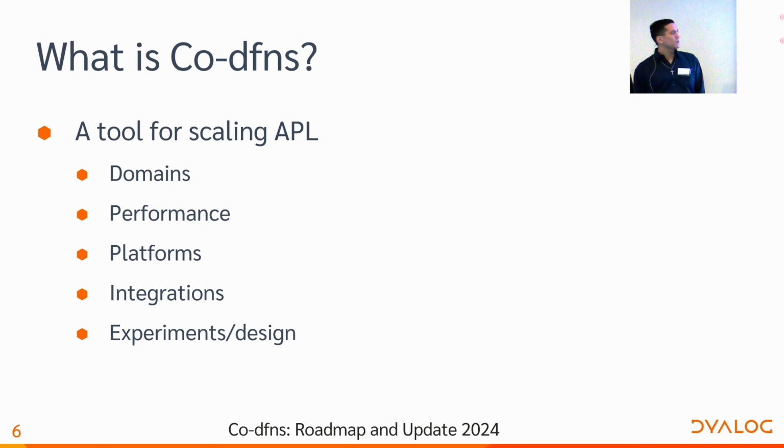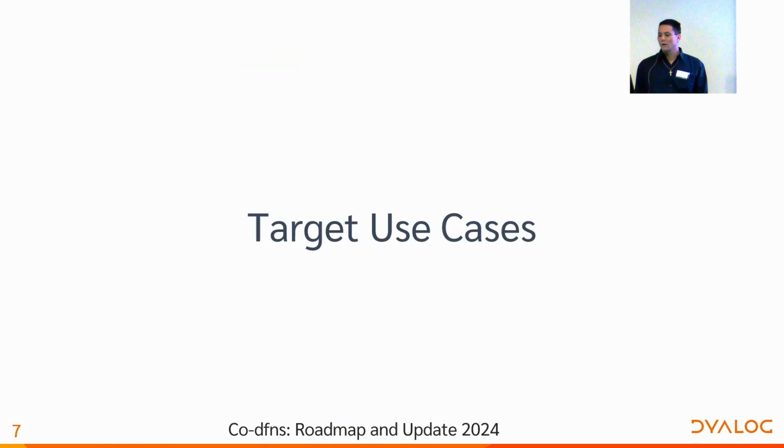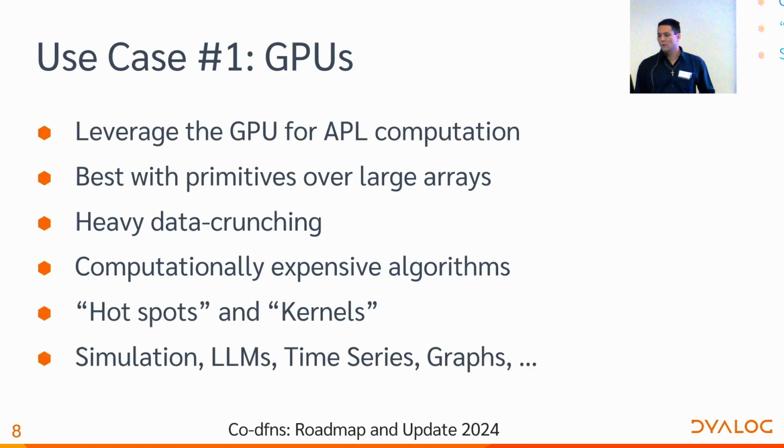And because of the architecture of the compiler, we can do a lot more experiments and play with design, and be a little more flexible than the interpreter in terms of language design and features that we provide ad hoc. And that leads us to a set of 4 basic use cases for the compiler and what we're working with. The number one use case, which most people will be familiar with,